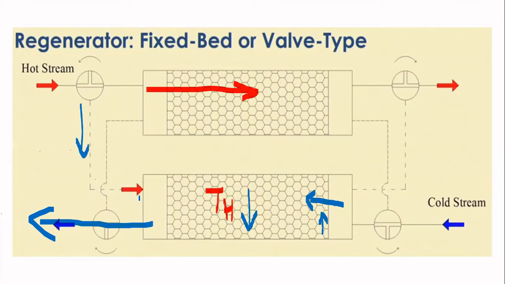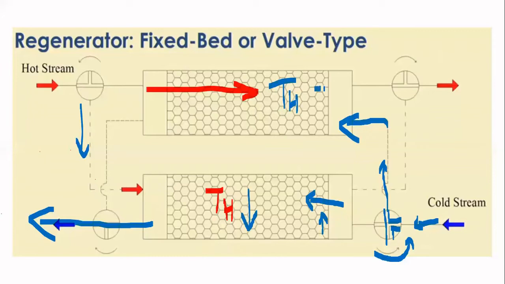While the hot stream is passing through the second bed, we can rotate this valve in this direction. Now see, we are rotating the valve in this direction. The arrangement will be something like this. This will be the position of the valve now. The stream has two options. Either it can move in the downward direction or in the upward direction. In the downward direction we don't have any passage, so it will move in the upward direction only, and it will flow through the first bed now. This bed would already be at a higher temperature TH. So again, the stream is going to take heat from this one. Its temperature is going to rise up, and the temperature of the bed is going to drop down, and it will flow in this direction.